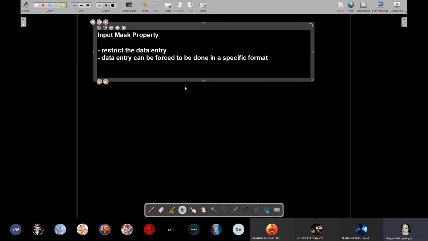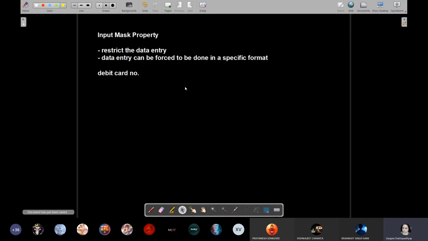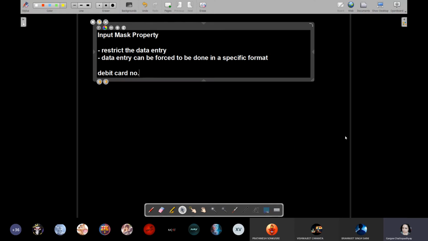Like I had given you the example of debit or credit card data, debit card number. Normally in most web applications or transaction gateways, you might have seen that the moment you enter the first 5 digits, automatically it takes up a dash after that. Then you enter anything. I'm not actually typing any debit card number over here, okay? It is a made-up number. Understood?